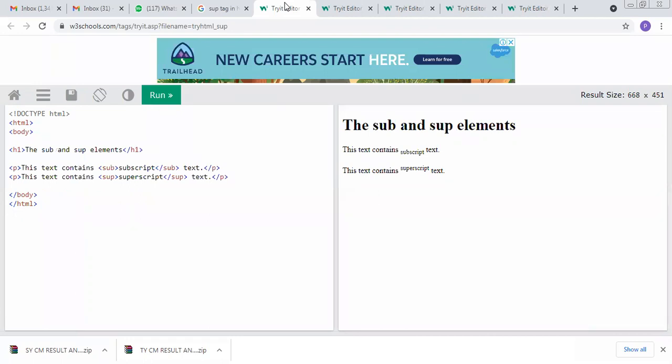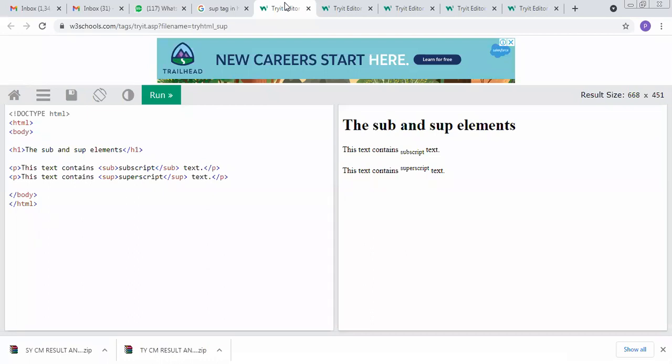Next is subscript and superscript. Whenever we use mathematical or other text as a subscript or superscript of the contents, we can consider SUP for the superscript and SUB for the subscript. Basically, this tag is surrounded by the opening SUP and closing SUP. The display on the web page is a superscript. It appears as half a character above the other characters.